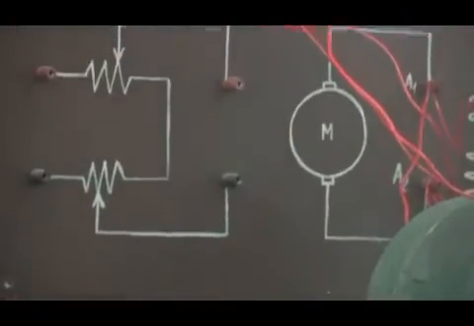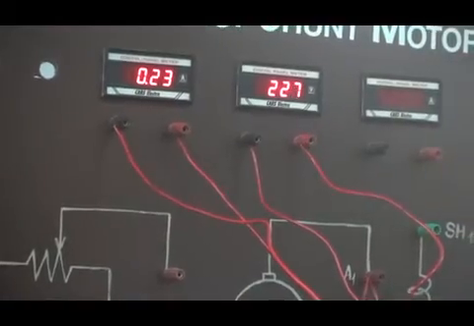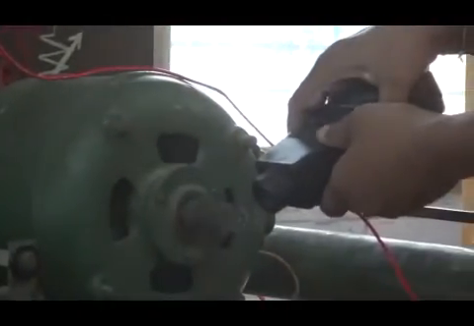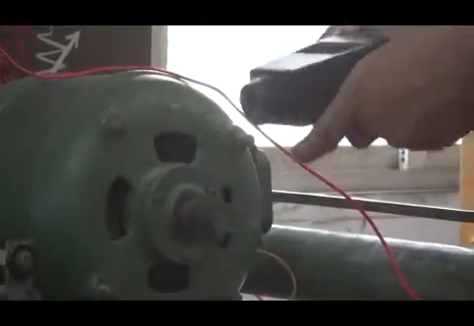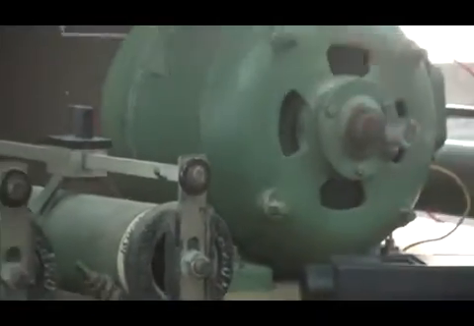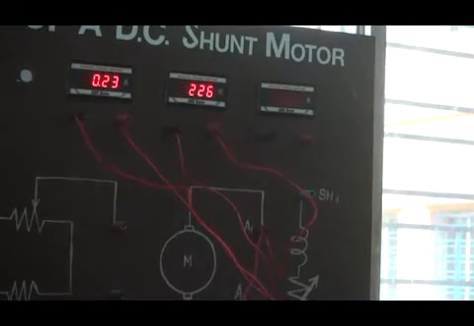Now the voltage has been reduced to 225 volt and the resistance is approximately 20 ohm that has been added across it. The speed now comes near to be approximately 1997.9 rpm. That has been reduced from the previous value. We can see still the field winding current that has been recorded by the ammeter is showing us to be constant.